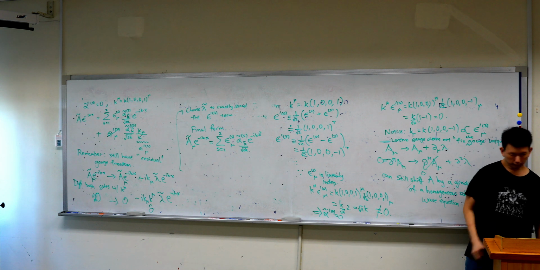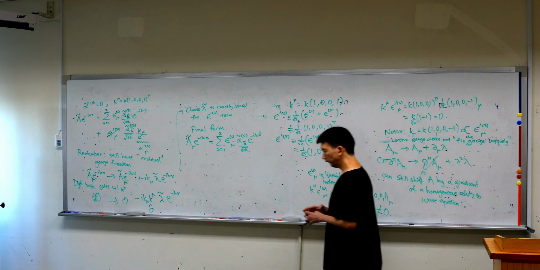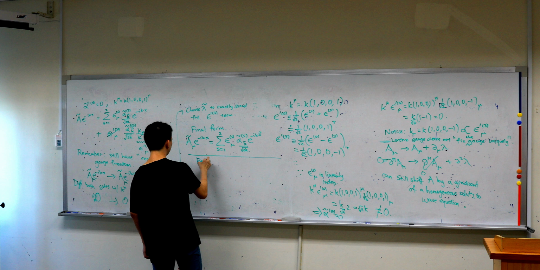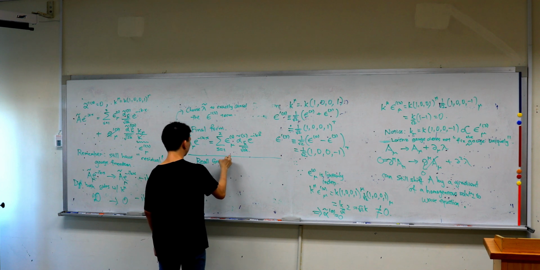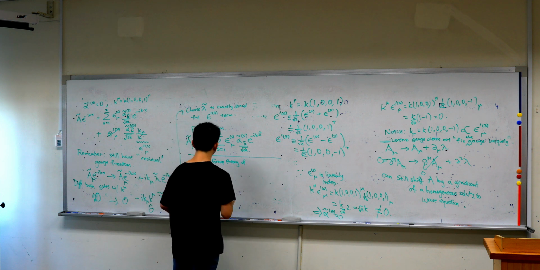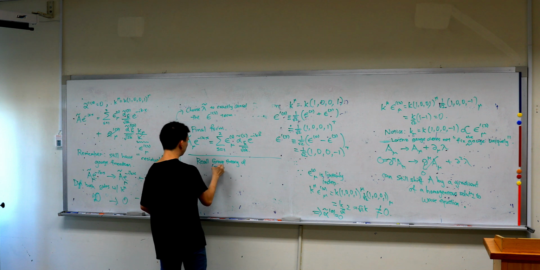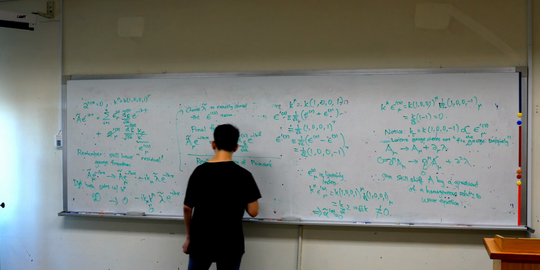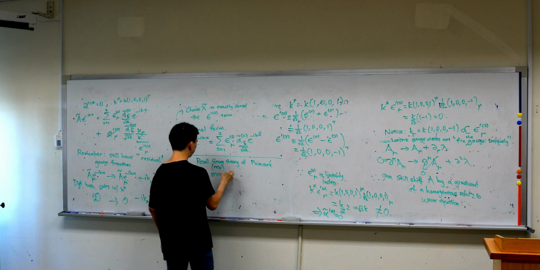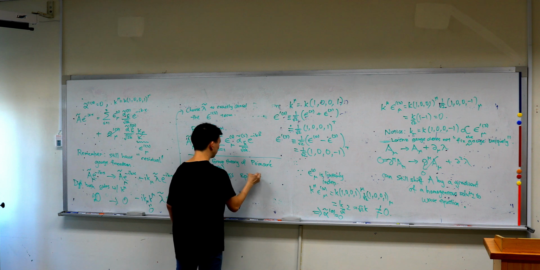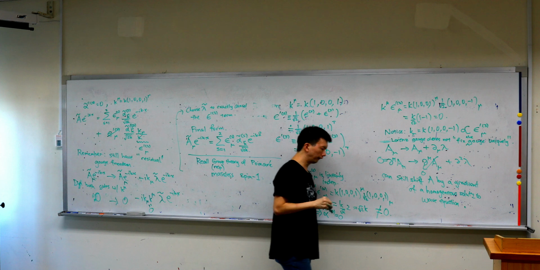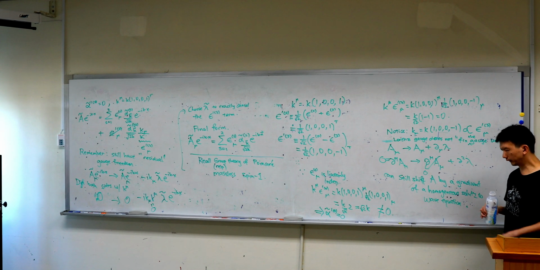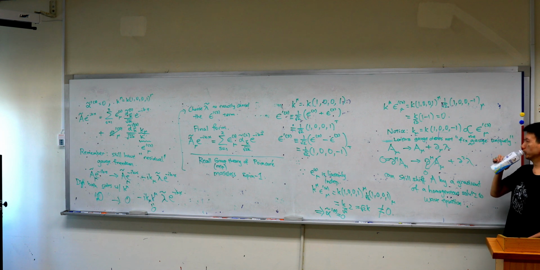Remember when we were doing our group theory, what did we say? So let's write this down. Recall the representation theory of the Poincare group, in particular our discussion of massless spin 1. Here we're doing it from the classical field theory perspective. But remember when we were talking about the representation theory of the Poincare group for massless spin 1 particles,